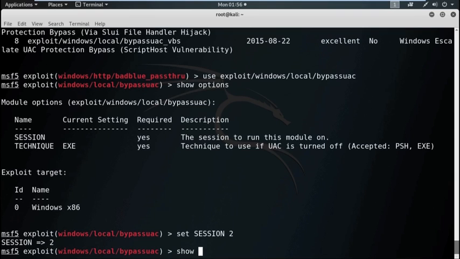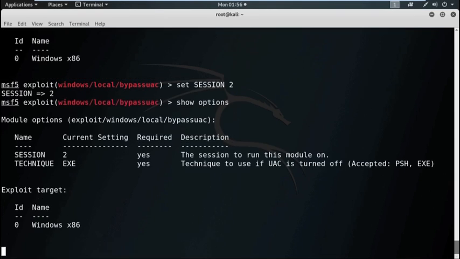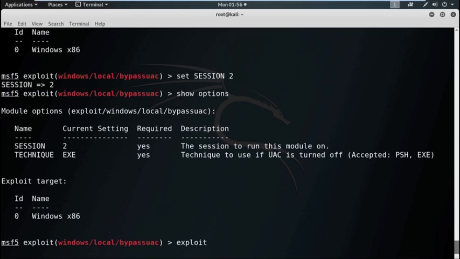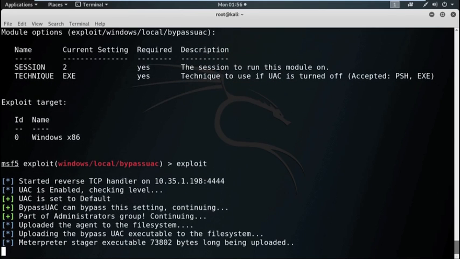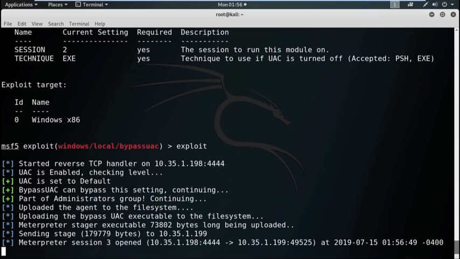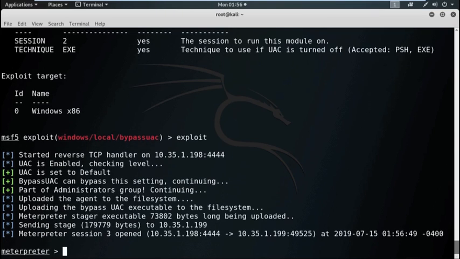Now, see, all the options are set. Now, use the command exploit. Started the reverse TCP handler with the IP 10.35.1.198 using the port 4444 and meterpreter session 3 is opened.